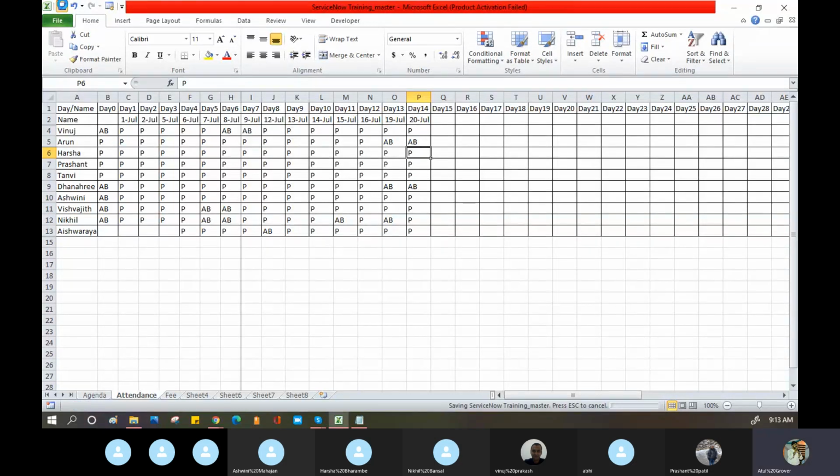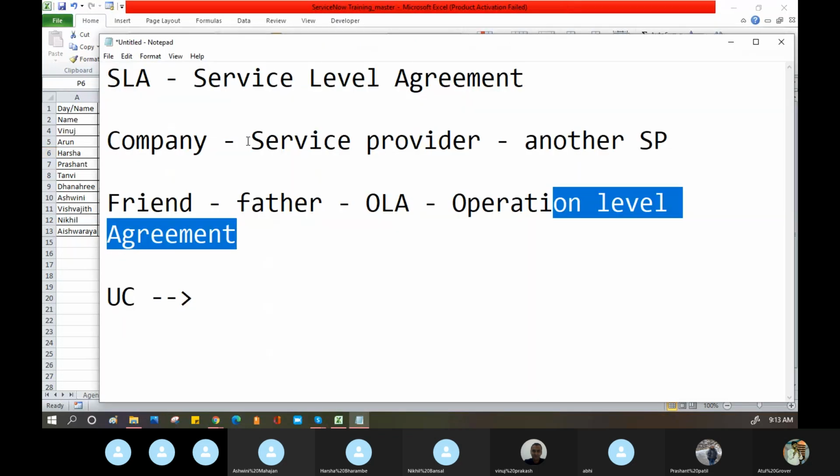Sir, can we say that OLA is taken under SLA or is a part of SLA? Actually, it is both. From my experience, sometimes we can take OLA under SLA, and sometimes we can take it separately, but mainly it is always under SLA.